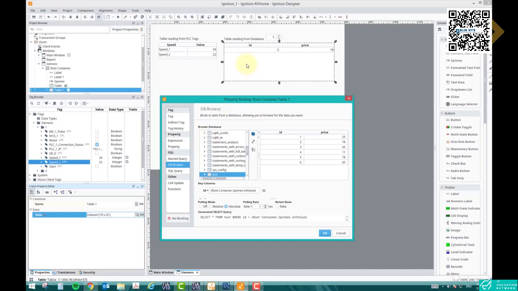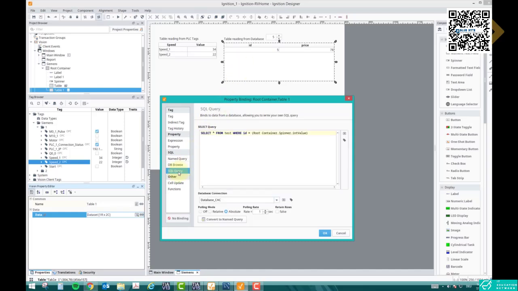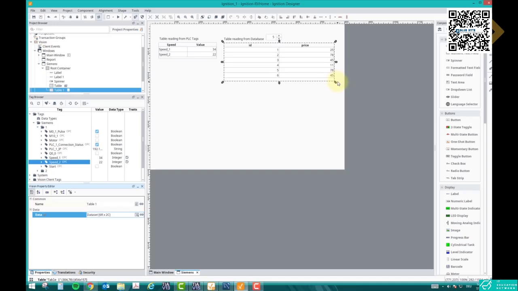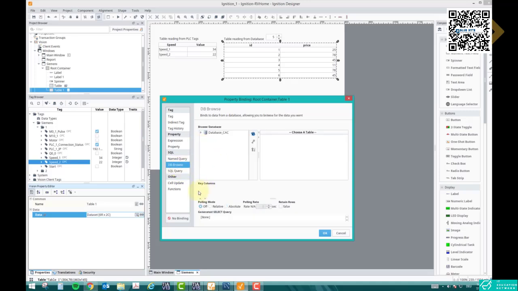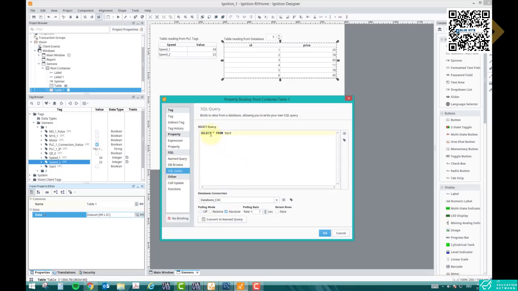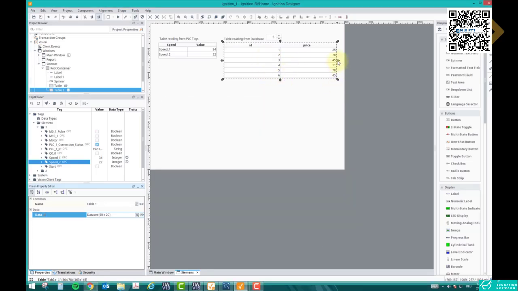But if you really want to see the whole table, I need to check if I remove the where clause and click OK. Now this is the another way. You just remove the where clause, and that you do in SQL query. In DB browse, there was a where clause, which I was surprised to see that I cannot remove it. Yeah, it comes automatically here, so I don't want that. I will just use select star from test, which means it will show all the ID, all the columns and rows. So this is how you can have a table